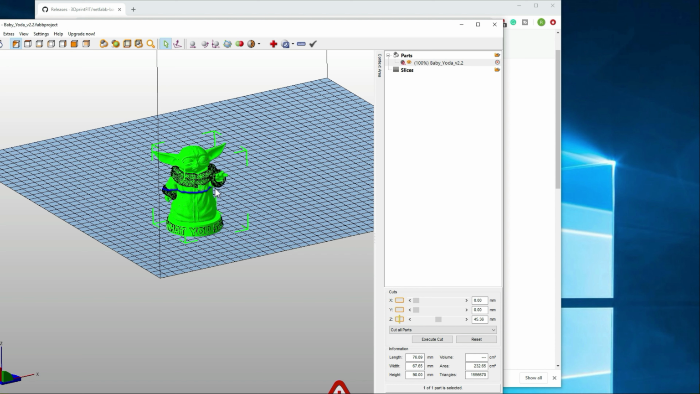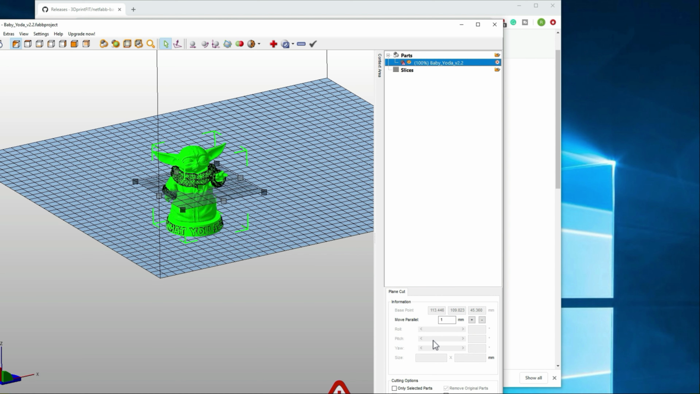But this will slice it cleanly, and it will also create a solid top and bottom so they can be glued together without any issues. Alright, so let's just say I wanted to cut it here. We just go to execute cut, and then you can make adjustments here if you need to. I never had, but just go ahead and hit cut,